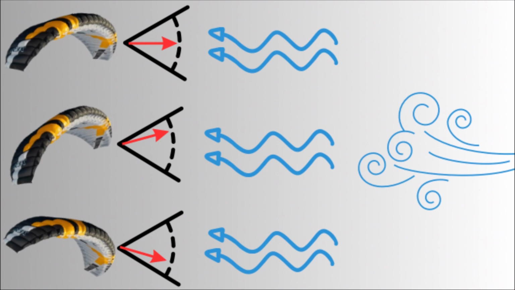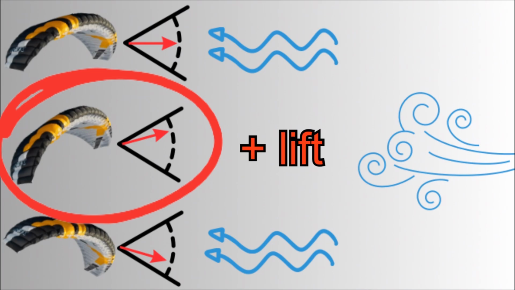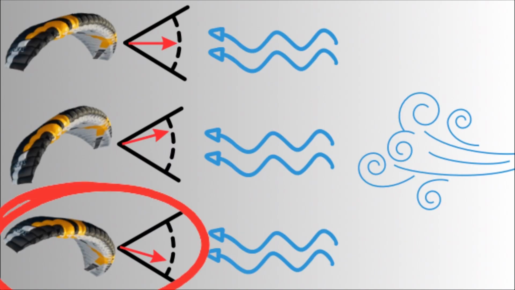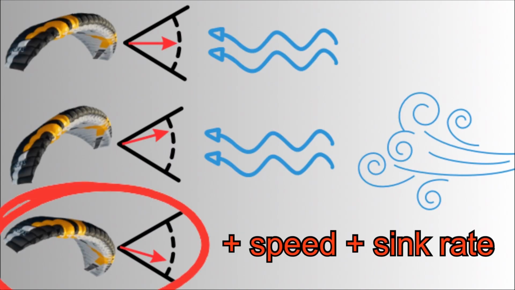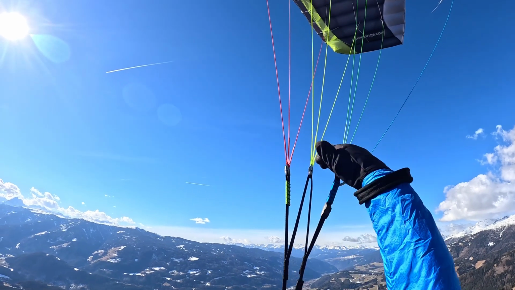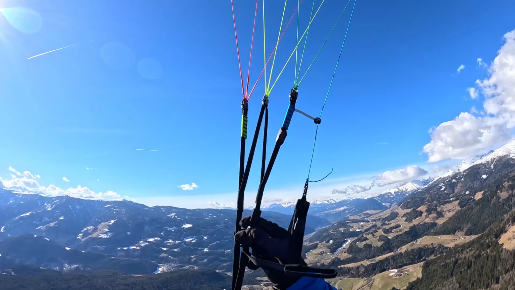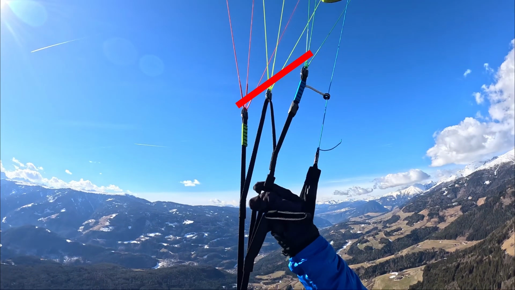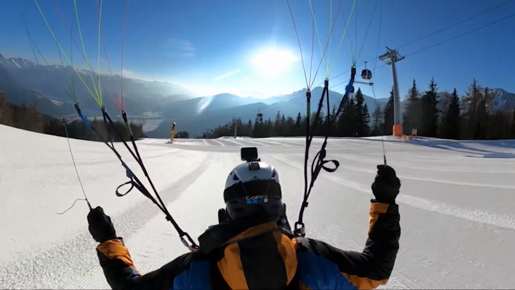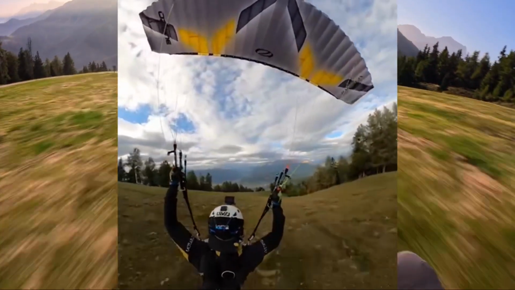The angle of attack is the angle at which the relative wind meets the profile of your wing. Altering your angle of attack will affect your sink rate and airspeed. A greater angle generates more lift, while a smaller angle increases speed and sink rate. By opening your trimmers, the C risers, and to a lesser extent also the B risers, get longer, reducing your angle of attack. A lower angle of attack increases speed and steepness, but also raises the risk of collapse,